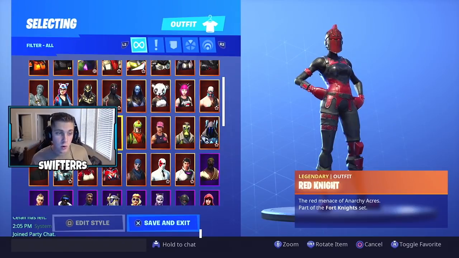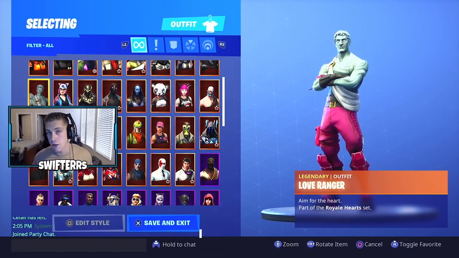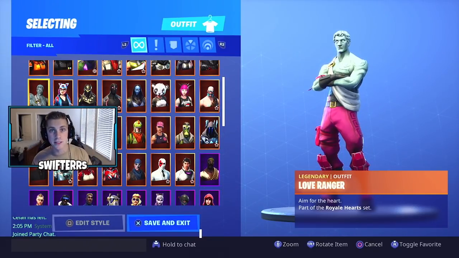In addition to the Red Knight, it also looks like we're going to be getting a winter or a white variation of the Love Ranger. Now, as you guys know, the Love Ranger is a skin which came to Fortnite back in February, and for those of you who don't know, the Love Ranger was obviously in honor of Valentine's Day, and since then, the